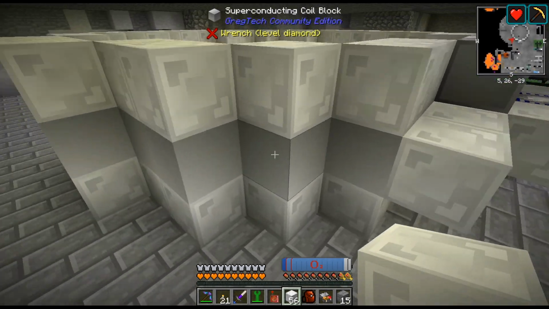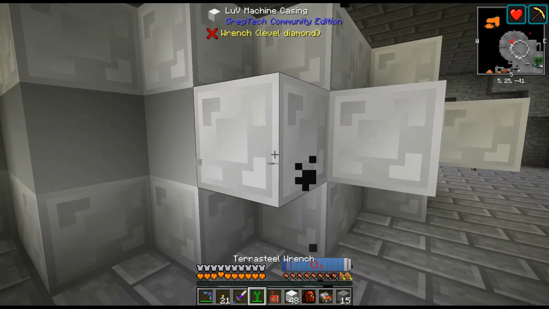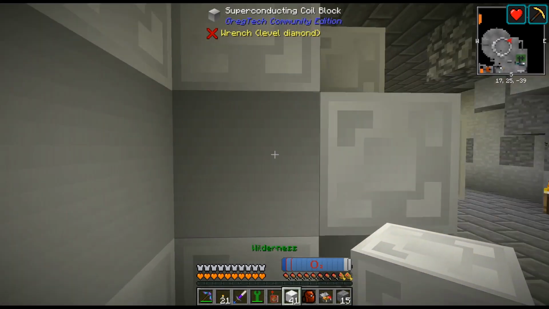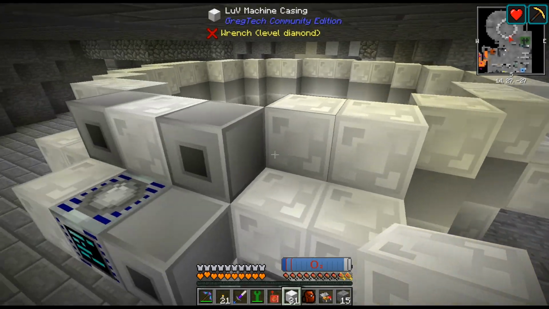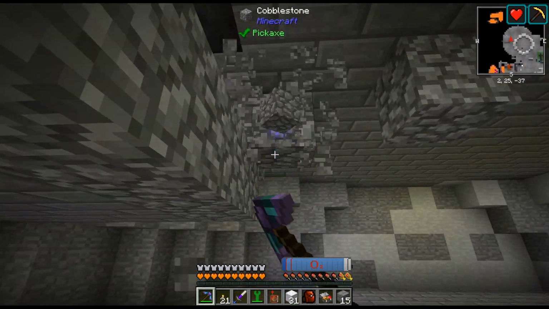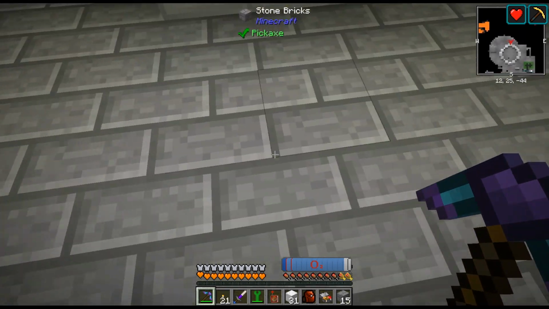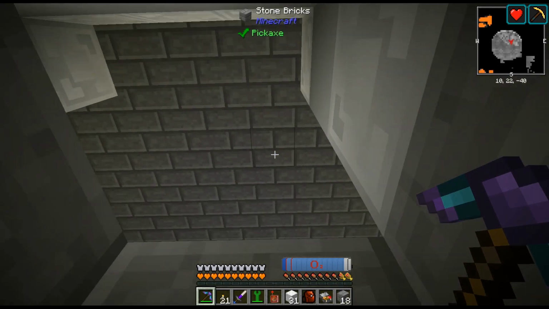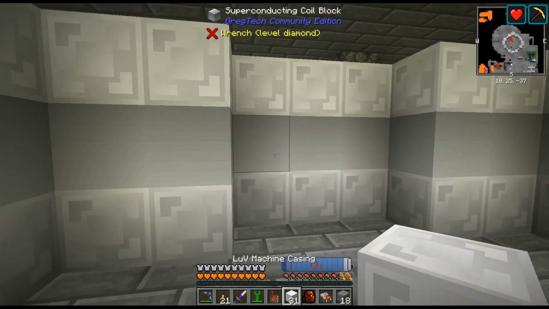And then I'm going to cover all these and figure out how much more I actually need. Now these corner ones that I'm leaving are where the energy hatches go. Alright, so that, yeah. And you could fit 16 energy hatches. What is this weirdness? Totally forgot about that multi-block. There. So this...